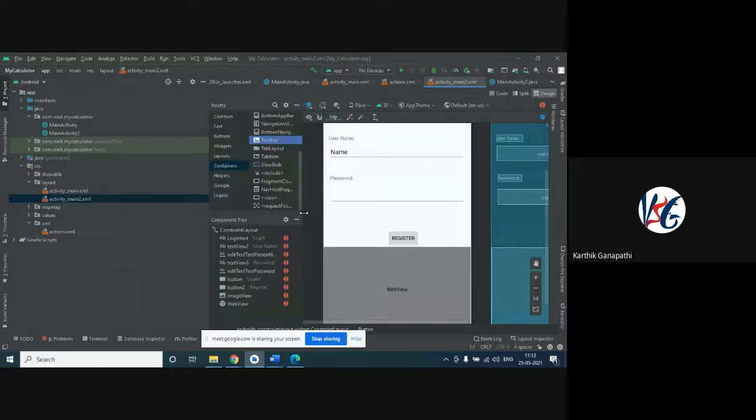So tabs are going to be there. When you click on that tab, as you can see, there is not much difference between the navigation view and the tab. So then you may ask one question: why do we require this type of tab layout, or can we just use the other? When we use it practically, there may be some changes. We can observe some changes that differ from one component to another. When we use it, only then will we get to know what exactly the difference is between the navigation bar as well as the toolbar.